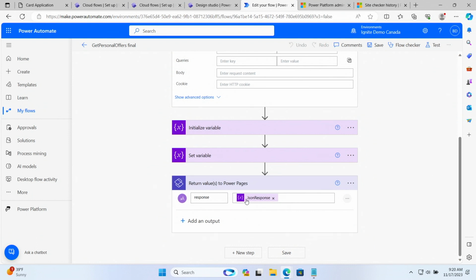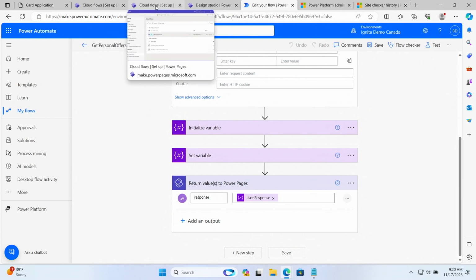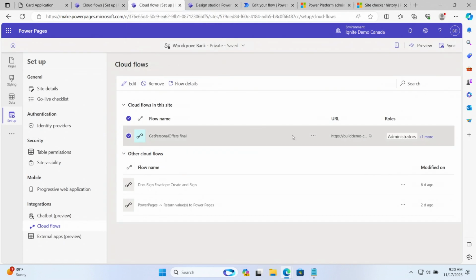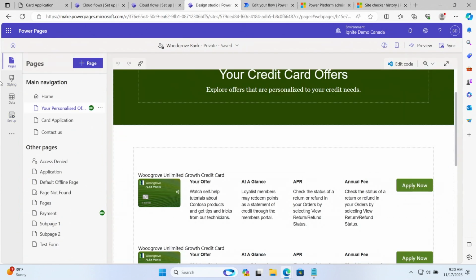So now I want to show you how we're actually triggering this from the page when it loads. So I'm going to go back to Design Studio and back to our Cloudflow here. Now we have this really simple button right next to the URL. So this is the endpoint that I was showing previously. And I can click this and copy it to my clipboard. And this is nice because then I can use this API endpoint in VS Code so that it knows where to go.